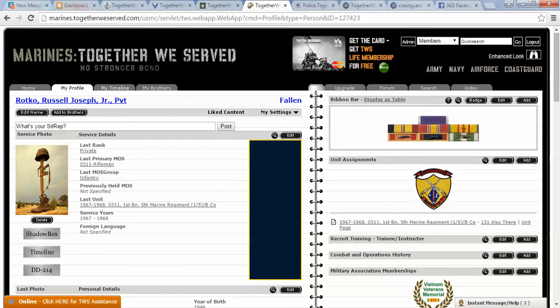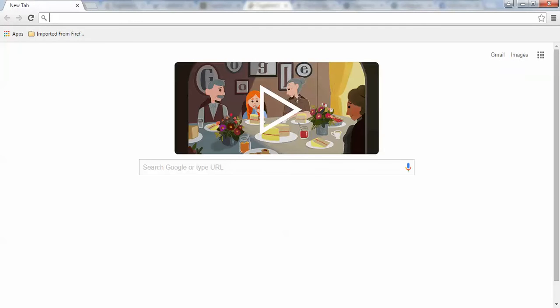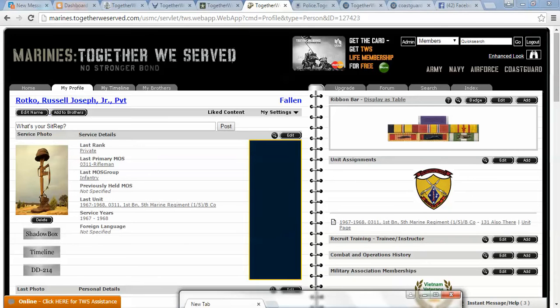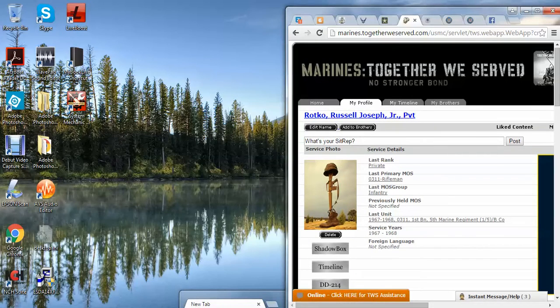And what we are going to do is try to find a photo. So, open a new tab. Drag it down to the bottom here. Cut it in half. Cut that page in half.